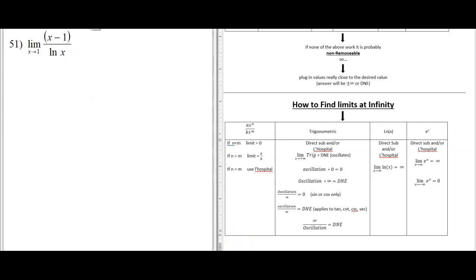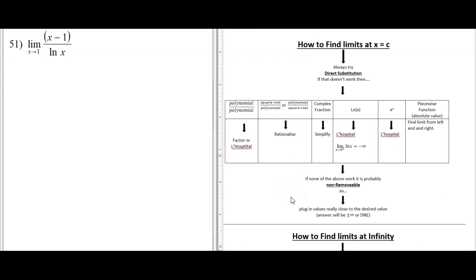Right, next one. Let's try our direct substitution here. Now this is not at infinity, is it? So I'm going to take my little paper here and I'm going to scroll it back up to the top because now we're finding a limit at c. So we always start with our direct substitution, so I'm going to plug it in. And that is 0 over 0. So we're using arrows, not equal signs. Be careful with that. So therefore, by L'Hopital,